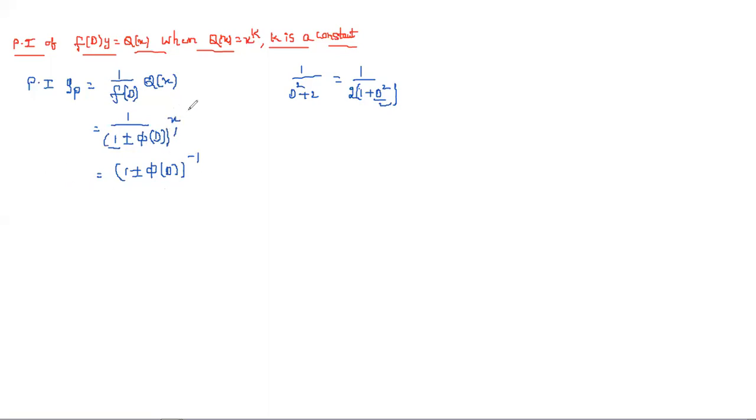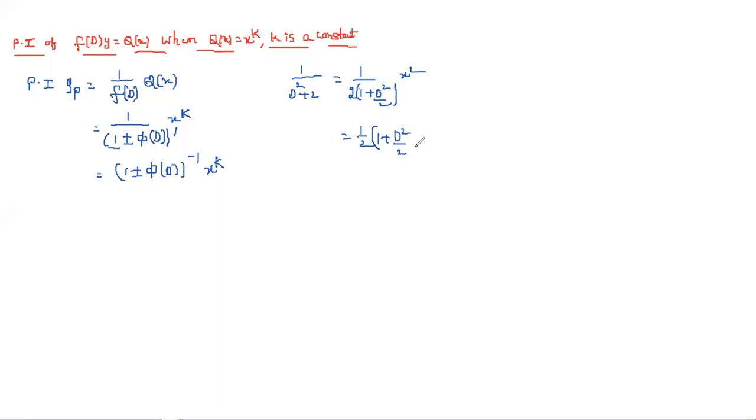So here Q of x is nothing but x power k. After writing the expansion, you need to multiply the x power k with the terms, and then you need to apply the derivatives of that. Up to which term do we need to write the expansion? Whatever the polynomial degree is here, up to that term we need to write. Why? Because the rest of all the derivatives become 0. Suppose here I have x square. Okay, so 1 by 2, into, I just take this into the numerator.